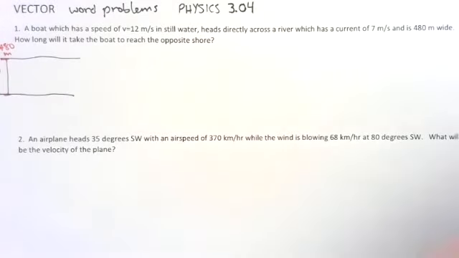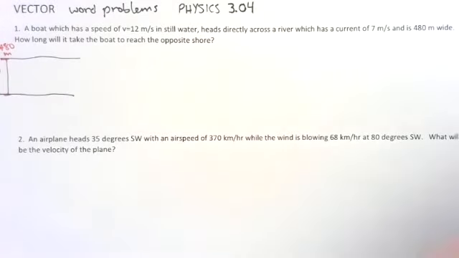But the long and the short of it is, to find the resultant velocity, I'm going to take the square root of 12 squared plus 7 squared. And when I do that, I get that the resultant velocity is 13.89 meters per second. Okay, so that gives me my velocity. So over here, I can work this equation a little bit and keep the same color pen. I'm going to go with 13.89 is